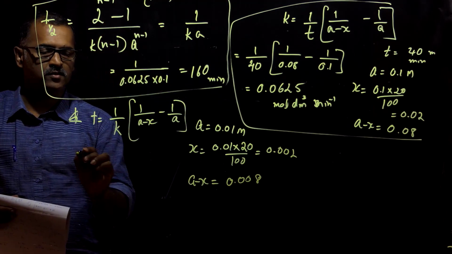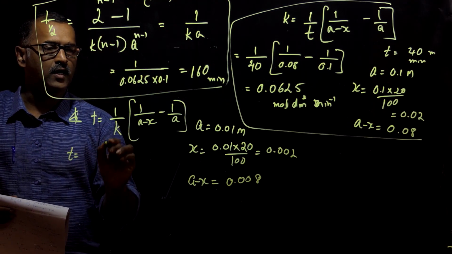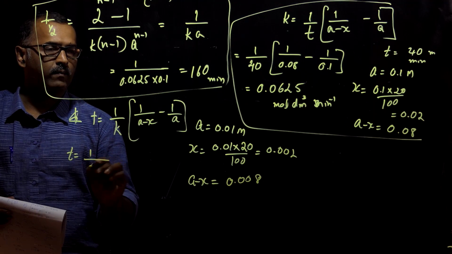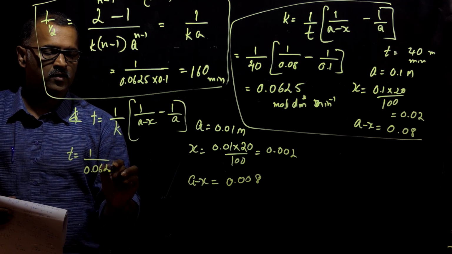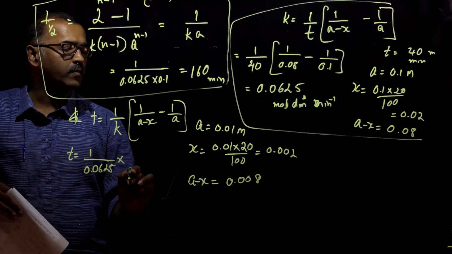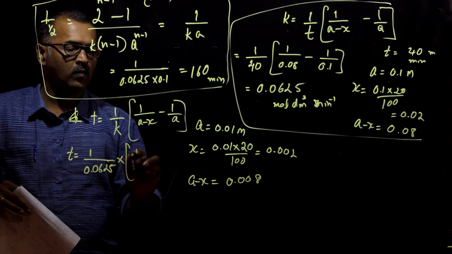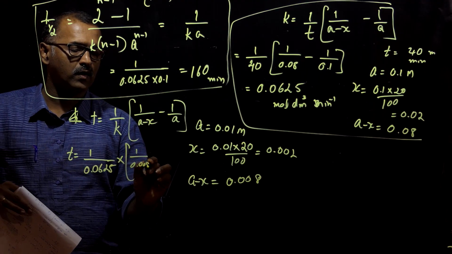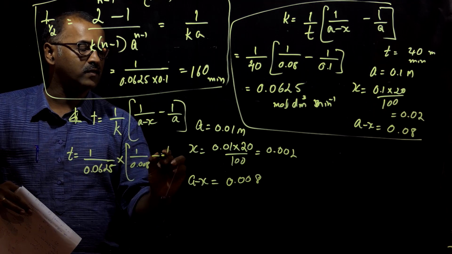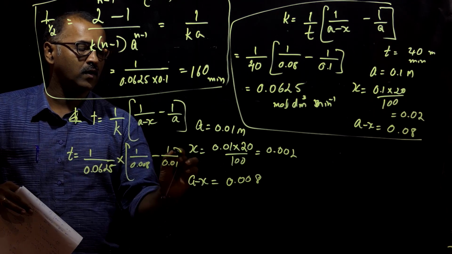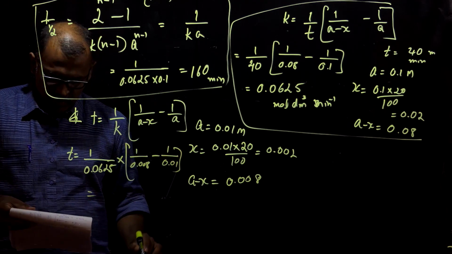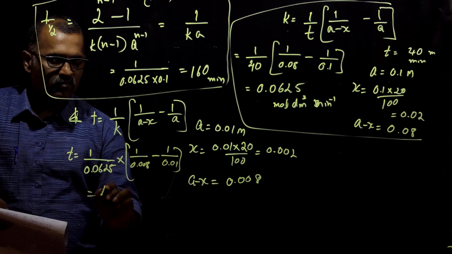Now, upon substitution, t will be equal to 1 by 0.0625 multiplied by 1 by 0.008 minus 1 by 0.01. This will come to around 400